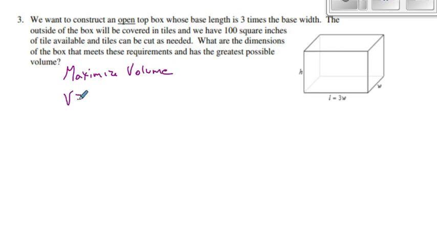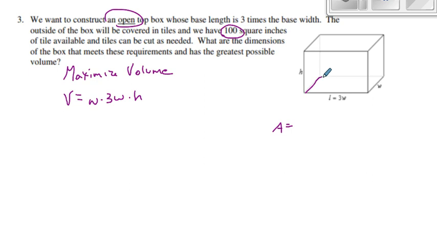So volume equals, let's see, our base, W times 3W, times our height. And we look at this and we see, okay, we've got one too many variables. So we look for another clue and we realize we haven't used that clue yet about the 100 square inches. And we remember that it's also an open top box. So we're going to have 5 sides. So our area